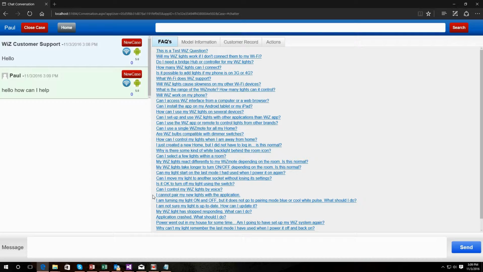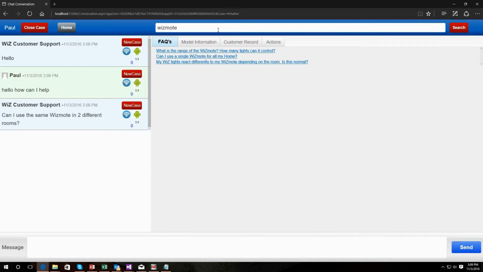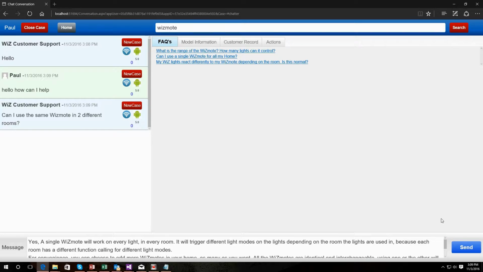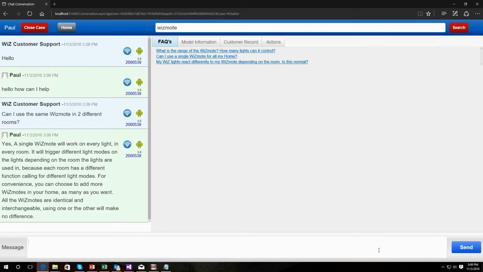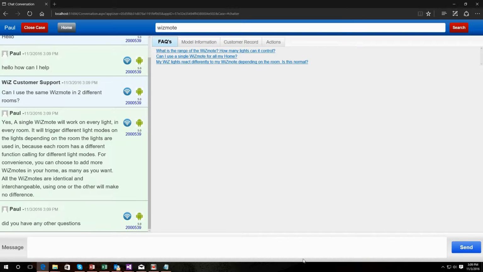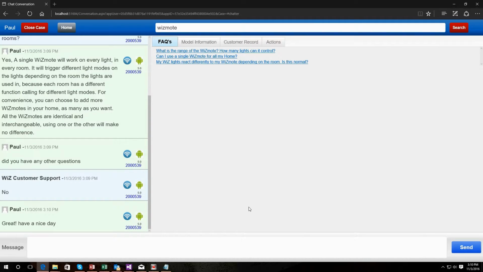Once you notice any keywords, you can type them in the search box to filter the list of FAQs. After you find an FAQ, you can click on it to open up a templated response to the customer, which you can send, or you can edit it before you send it. The key here is if you click on an FAQ, a case number automatically gets generated for you. You can continue to chat and click other FAQs, but when you're done, you'll want to click Close Case to